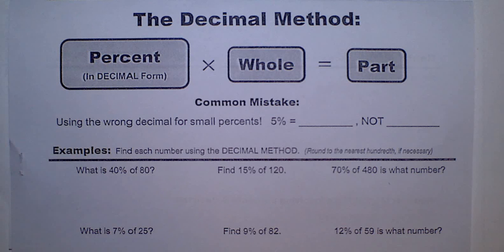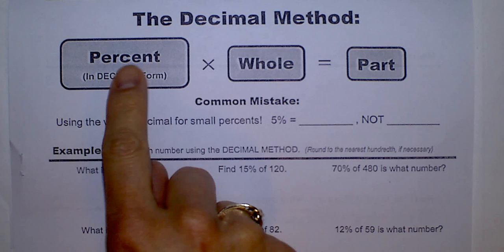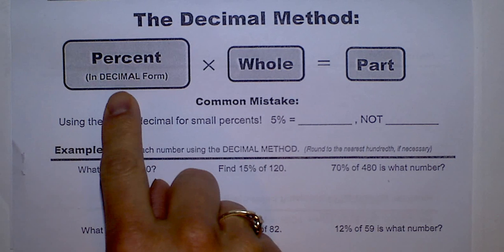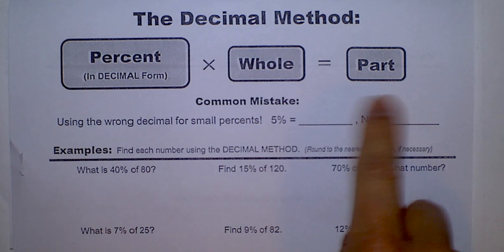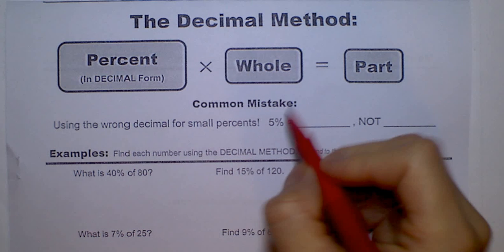So now let's look at some examples using the decimal method. And we're going to be looking for the part still, but we're going to know the percent, so we're going to write that as a decimal, times the whole, and that will equal the part. Now, don't forget we just talked about the common mistakes made, where 5% is